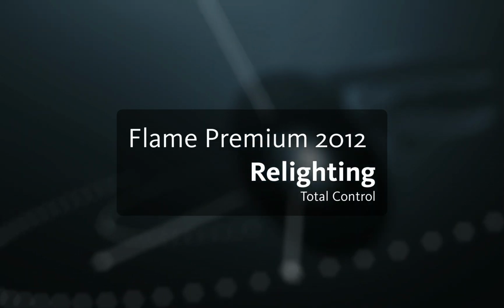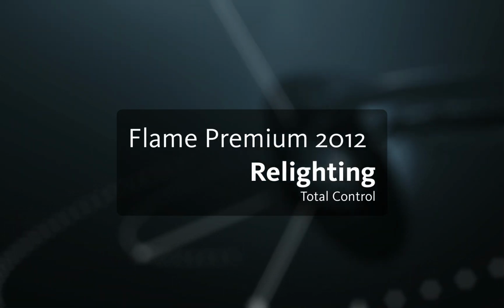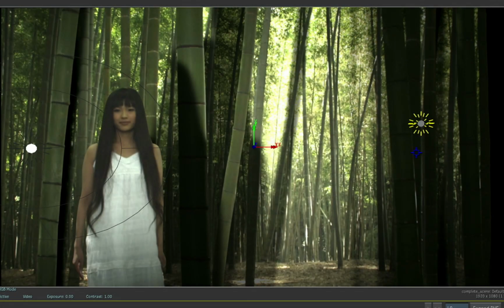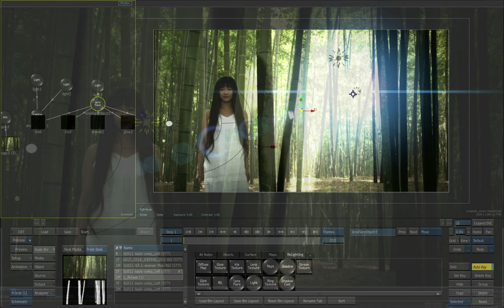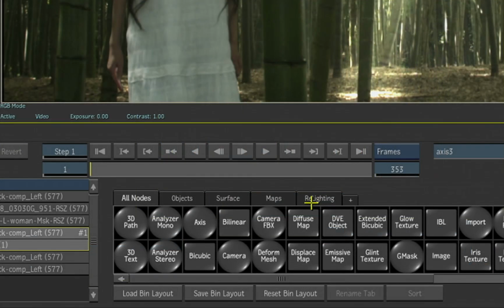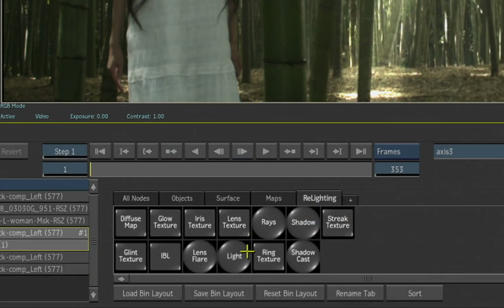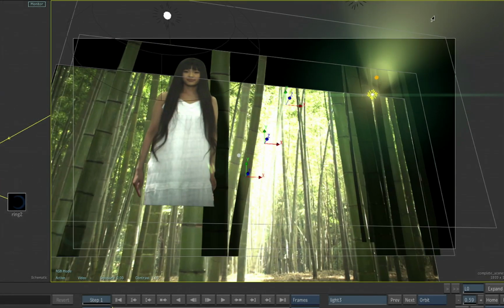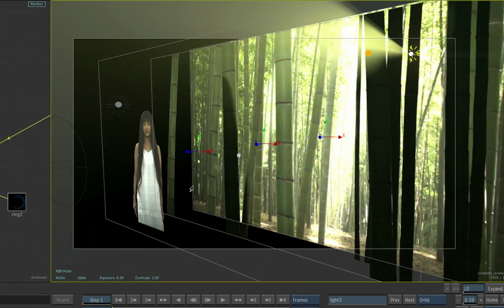The new relighting tools in Flame Premium give you total control over the look of your final composite, with new tools for adding cast shadows, lens flares, edge rays, and other lighting effects directly into the 3D space of Action. Bridge the gap between the 3D compositing workflow you've traditionally associated with Flame and next-generation 3D creative tools for look